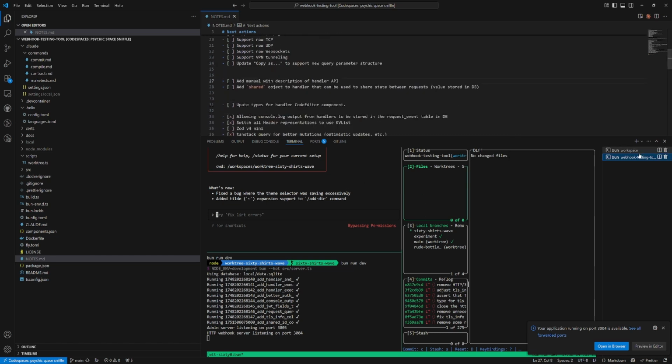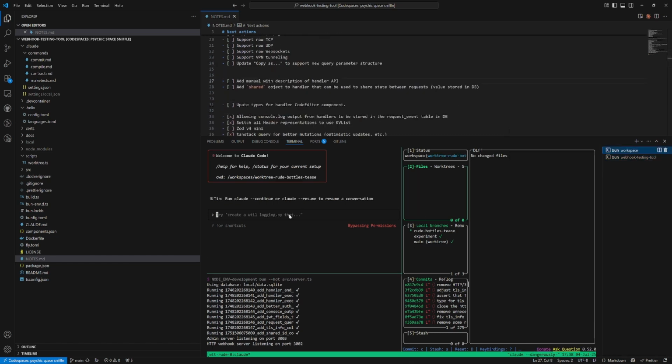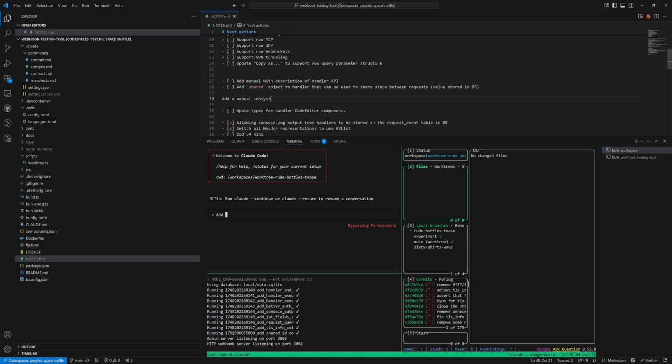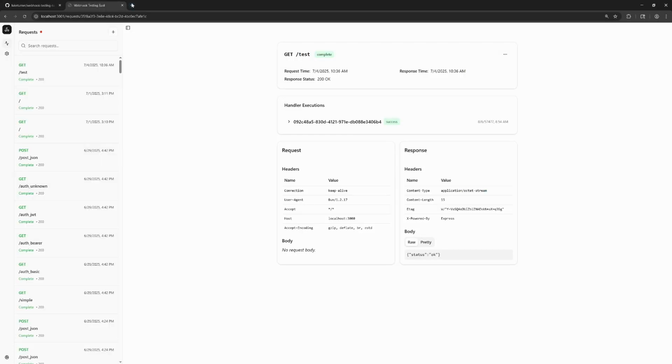So let's get started here. So for this one, we want to add, let's compose it up here actually. So we're going to add a manual subsystem to the application. Manual pages should appear in a drawer. Actually, I think,